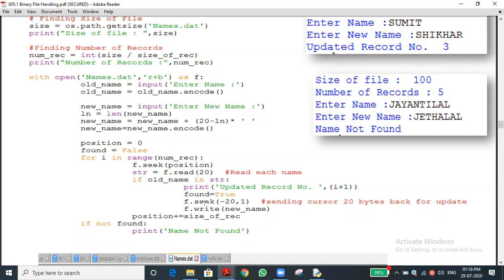Yes, sir. If you want to move the cursor towards the forward position, we can directly give it, I will show in the pointer. For example, 20, normal 20, not minus 1. Okay, 20 comma 2 you have to give. 20 comma 2 denotes it is moving towards forward. Have you understood? 1 is backward, 2 is forward, sir. Yes. 0 means current position. If you want to set the current position, 0 is the default value.